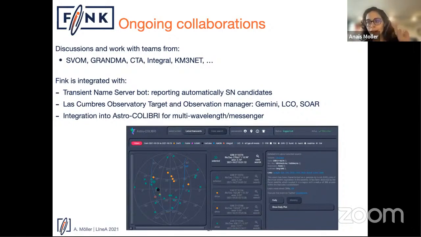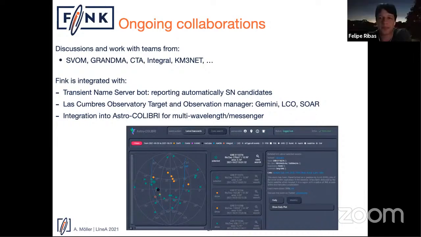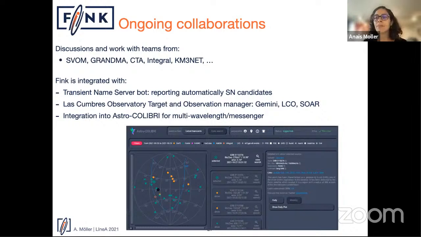For example, you have a Kilonova candidate in Fink, you just click there, search for a Kilonova candidate, and send it there. Of course, this all depends on whether you have telescope time. They also have ways that you can get telescope time. But it's already integrated in that way.